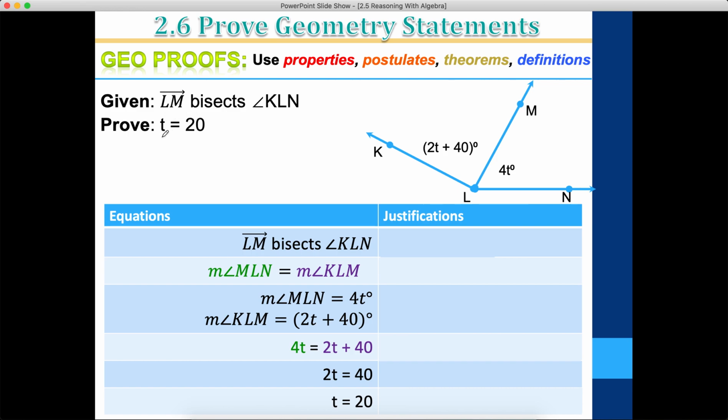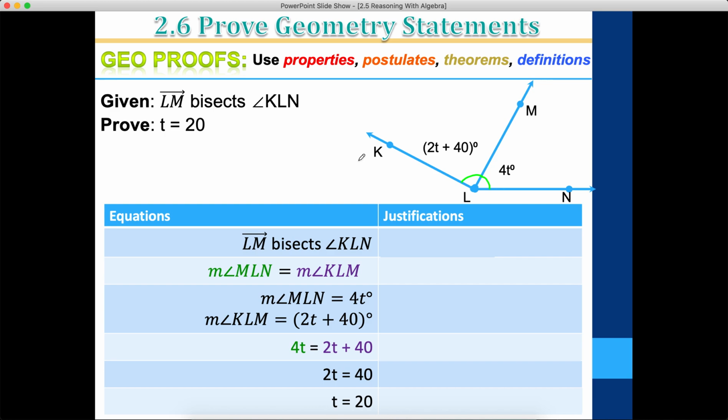I have no doubt that if I tell you that ray LM is an angle bisector, then you know, first of all, that these two angles are congruent. Therefore, you know to set the measures equal. So 2t plus 40 equals 4t, and then you solve for t, right? And you eventually get 20. I know you know that. But if we are to articulate why every step of this ends up making sense, or how we know every step of this is true,